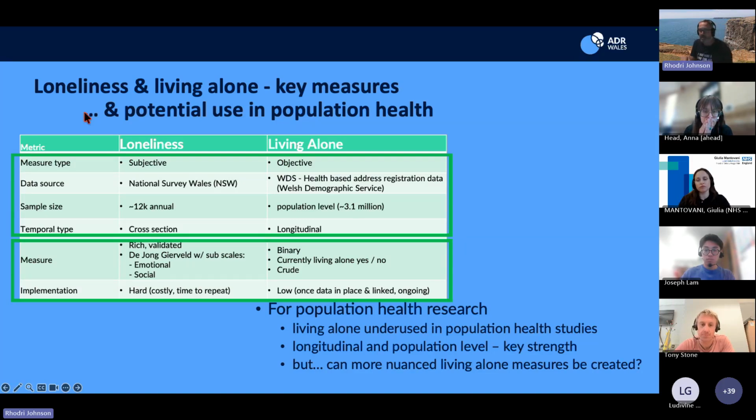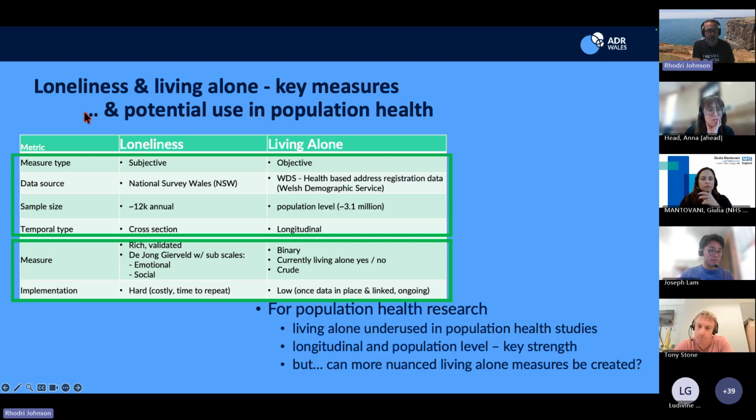I've been using SAIL for a long time. It's only relatively recently I've started using it more, and I've looked around and it's not used as a common factor, and it's quite an easy factor to include. We've done a fair amount of housing-based studies that do include it now. Obviously, the key strength is that it's longitudinal and population level. You can create metrics and tracking over time. But the thing with it is, it's crude.